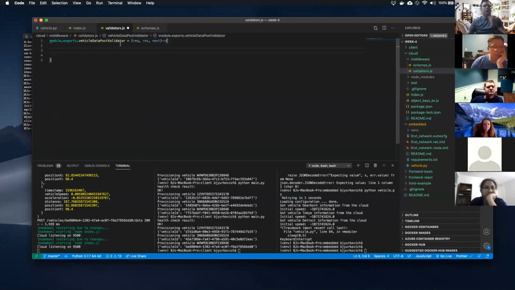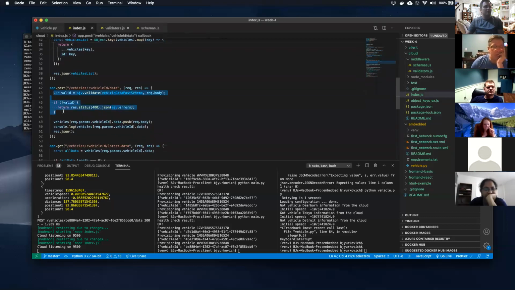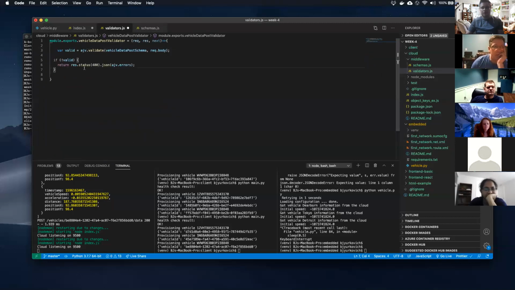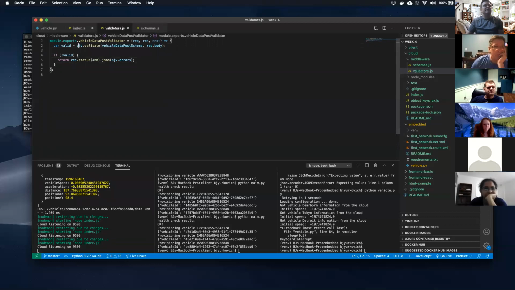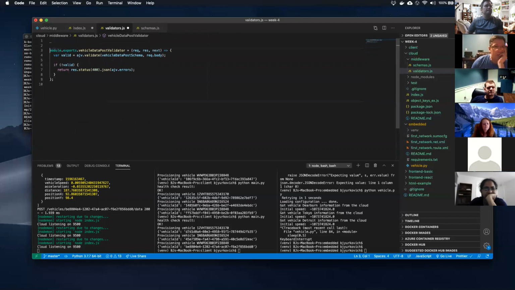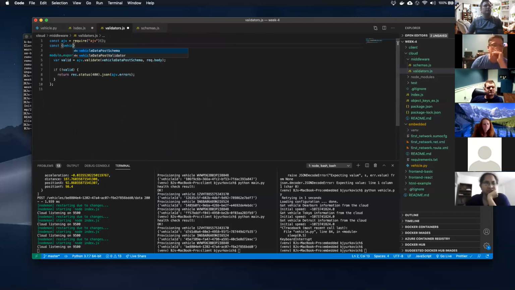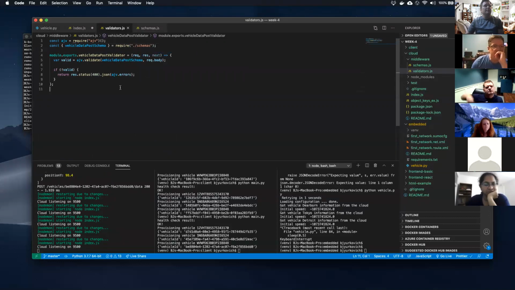So in here, I actually want to do the validation. So I want to pull this out, and I want to put it in this function so I can use this somewhere else. And I can't quite do this because I need AJV, so I need to pull some other stuff out here. Specifically, I need to pull this, and I need to import it here because I need to use it. What else do I need? Well, I also need this vehicle data post. So I'm going to const vehicle data post schema is equal to require, but it's actually in the same folder, schemas. So that makes it a little bit nicer here.